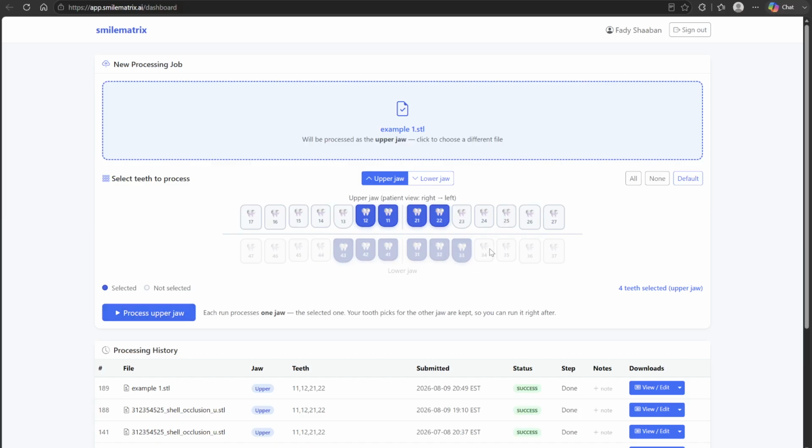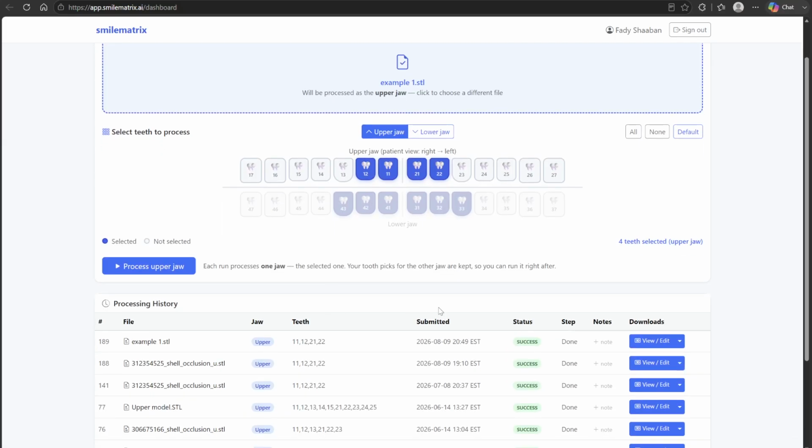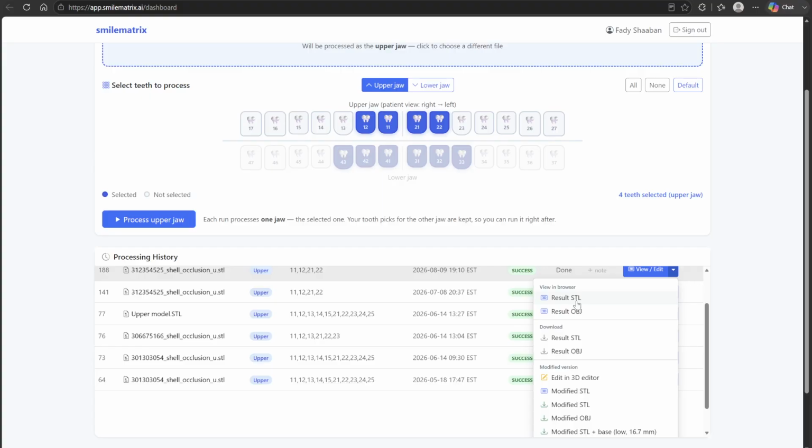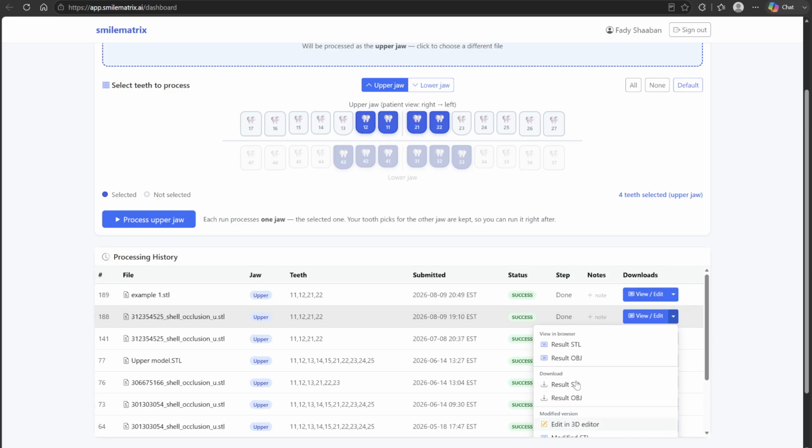Now it will take a minute or two, depending on how many teeth you want to design. In this case, I'm not going to do it right now just to save the time on the video. So let's say it takes a minute for you to get the result. Now, when you get the result, it will give you this little menu where you can view the result in the browser or you can edit it. So if you click on this edit button,